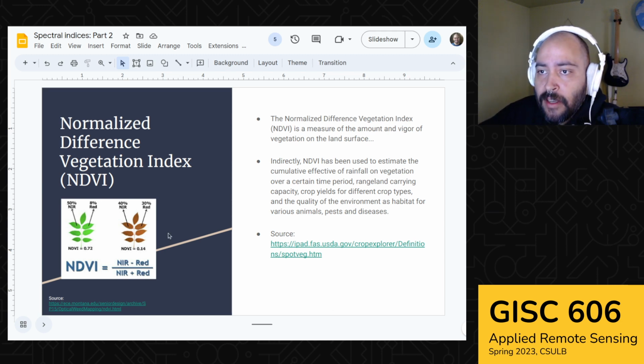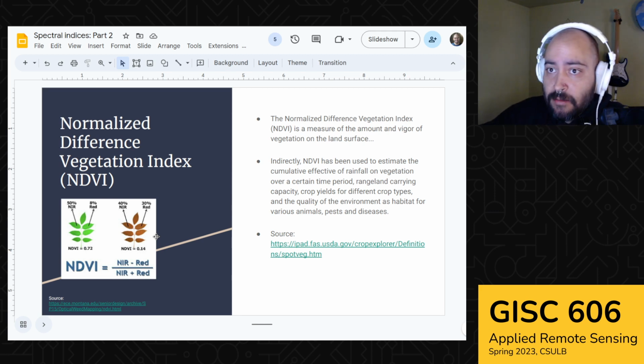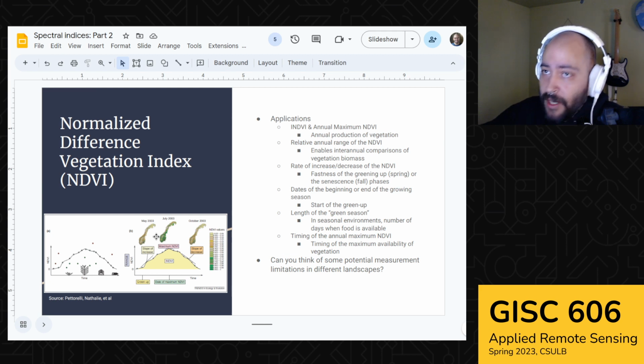NDVI has been used in a lot of different applications, and the articles that I've assigned for this week will definitely cover many of them. But before that, we can also do a quick overview. This figure is a bit messy, but it gives you an idea